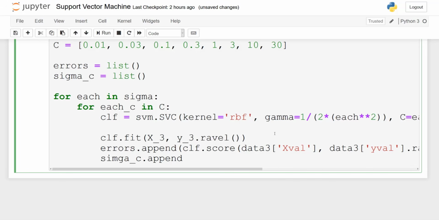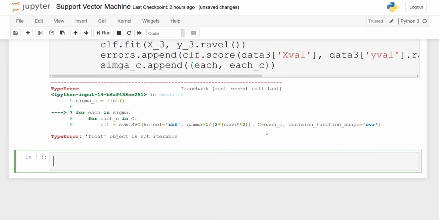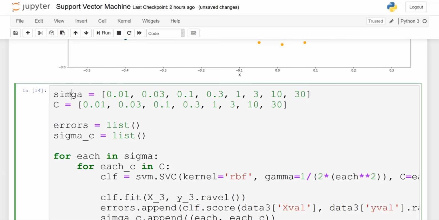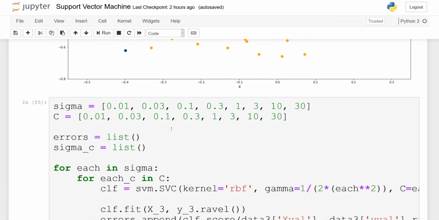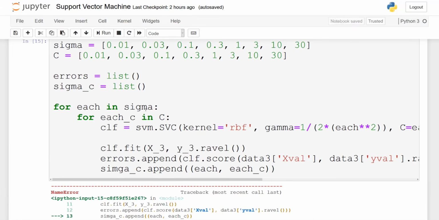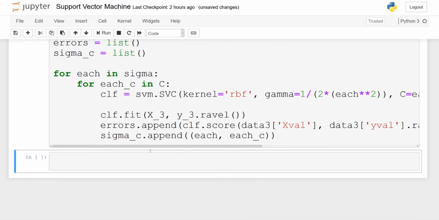And then we're going to append to sigma_C the value for sigma and for C as a tuple. Now running this, I have a mistake. That's because sigma was misspelled. And I still misspelled it at the very end. Yeah, right here, sigma_C. Perfect. So the loop ran, it is finished.